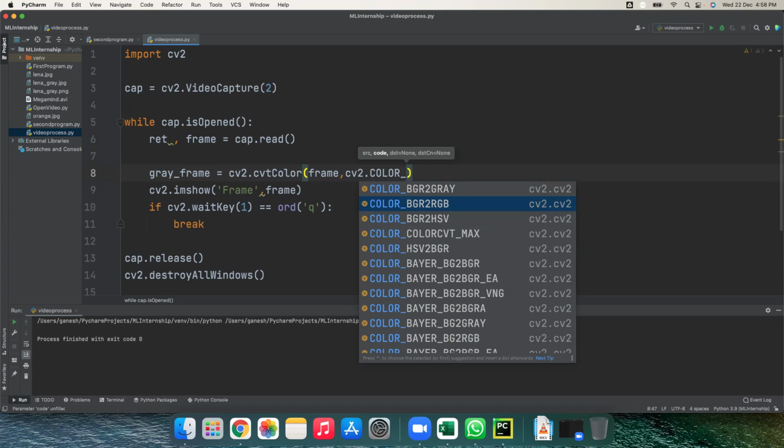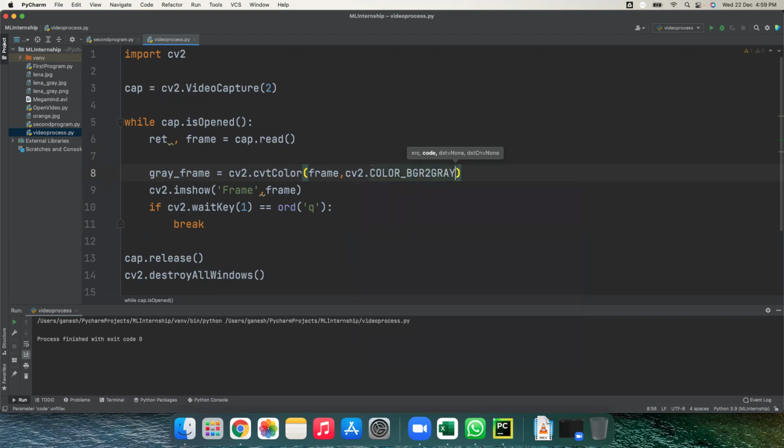But your input is BGR, so yes, you have to convert the BGR to RGB. You have to use this cvtColor. If you want to convert this image into HSV color, HSV represents the hue, saturation, and value. These are the three values with which you can represent a pixel.